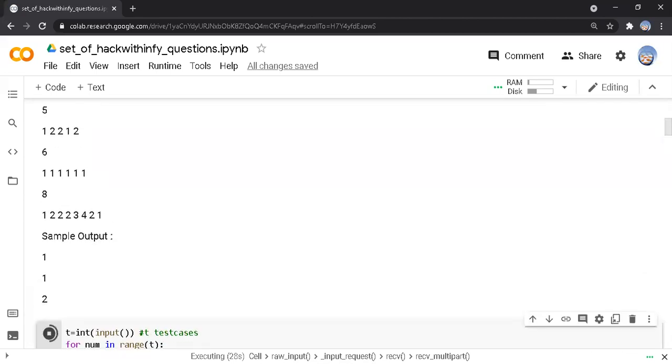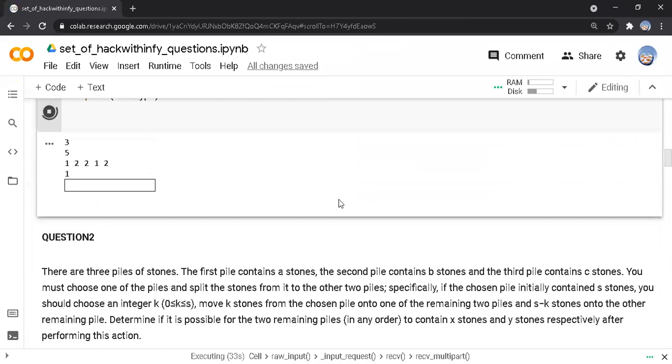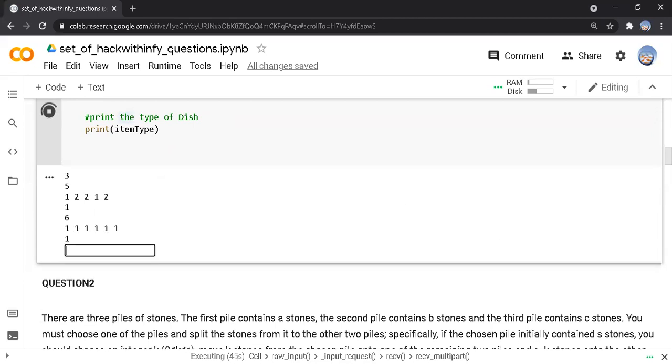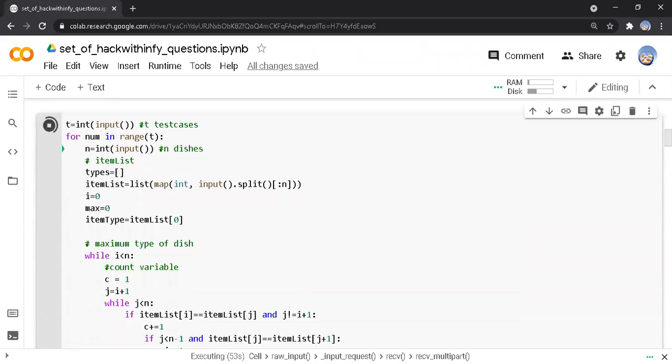Then in the second test case, they are given 6, and then 6 ones. The type 1 will be the answer. Then they are given 8, 1, 2, 2, 3, 4, 2, 1.